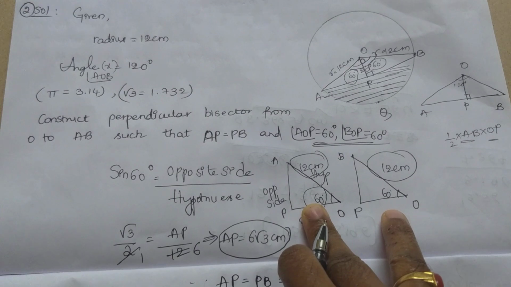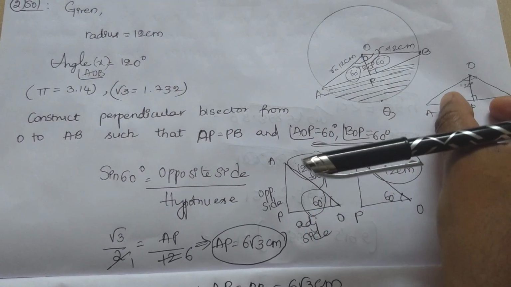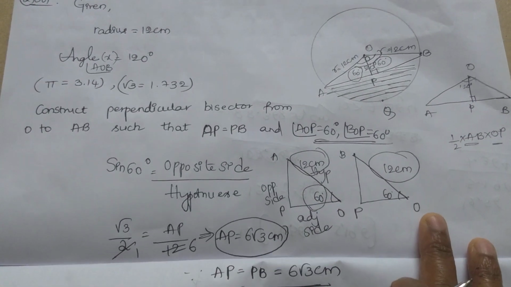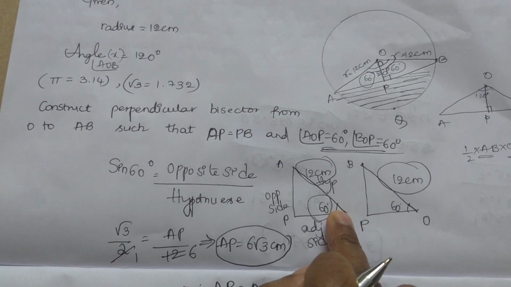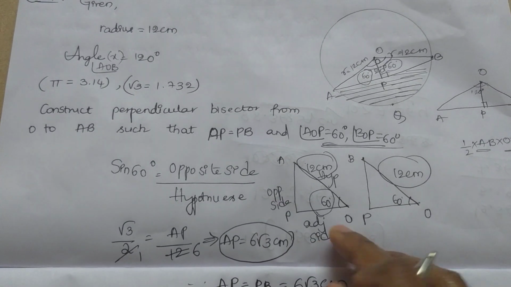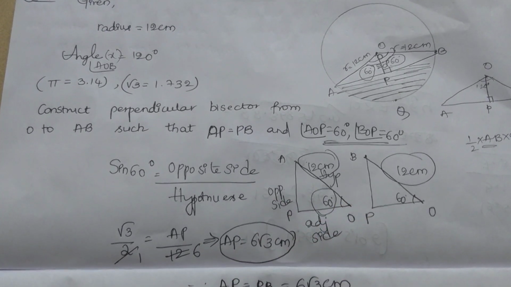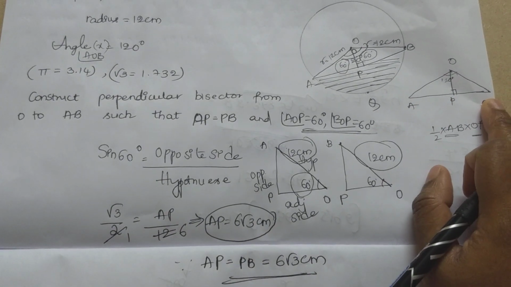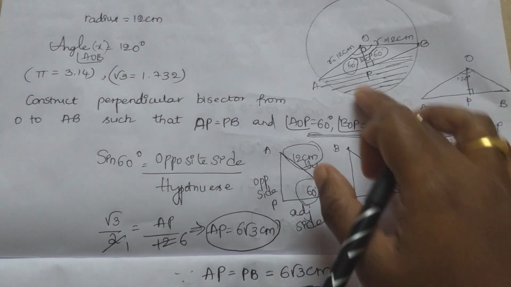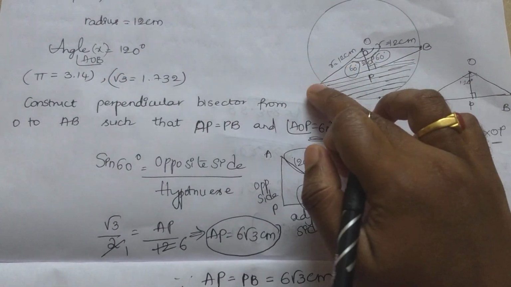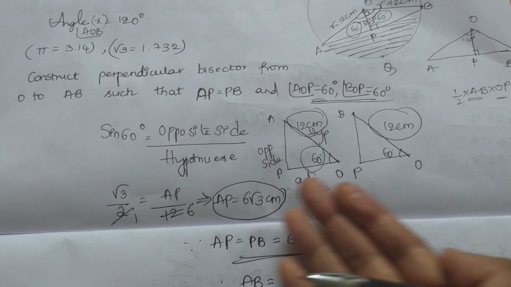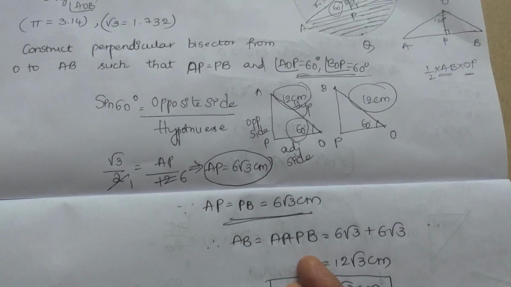So here for understanding purposes, I have drawn two different triangles. Same thing. See here, this part I have written here and this part I have written here. That's it. So why did I draw it like this? Because you know the angle, but you don't know the opposite side or adjacent side, and you want the OP value as well as the AB value. See here, the AB value is nothing but AP plus PB, but you don't know either the AP value or the BP value. Since this is the perpendicular bisector, AP equals PB. You can choose whichever you want to do first, but here I have found out AB first.